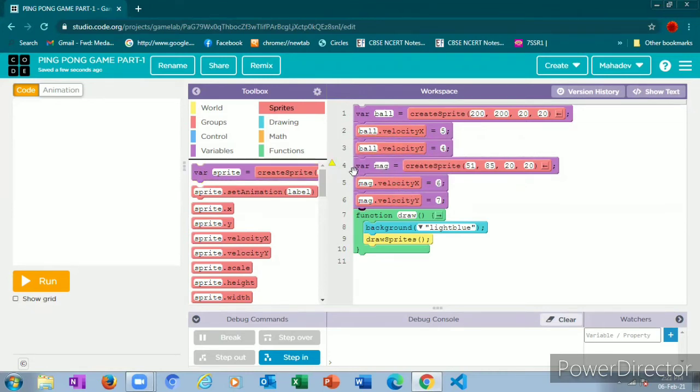Here you take ball 1. Next, if you declare another variable, you must change the name. What I mean is, you must not put the same name on all the variables.